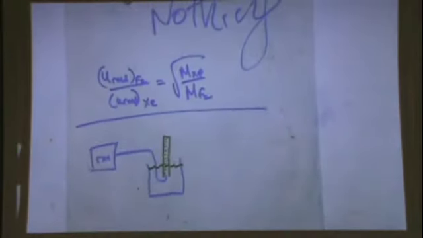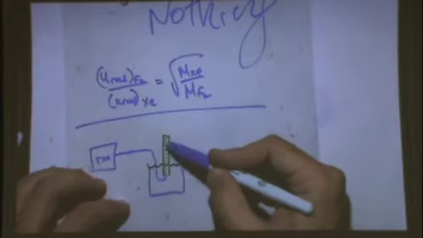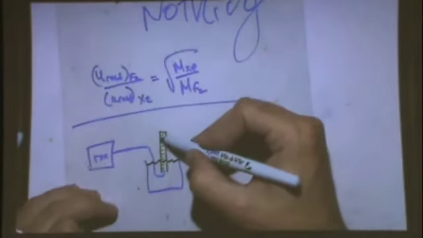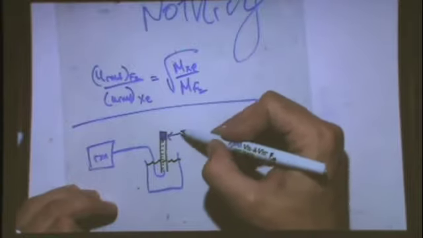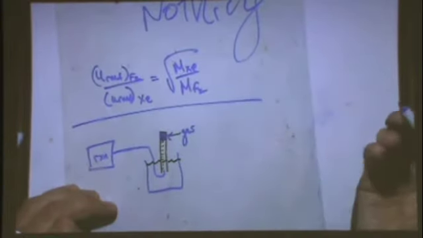What happens is, as the gas bubbles out through the water and into the tube, the top of the tube starts to fill with gas, because the gas goes to the top and it pushes the water out. We'll do an experiment like this at the end of the quarter. So the bubbles go to the top, and I'll just say this is the gas forming here. Okay? Now, that gas,